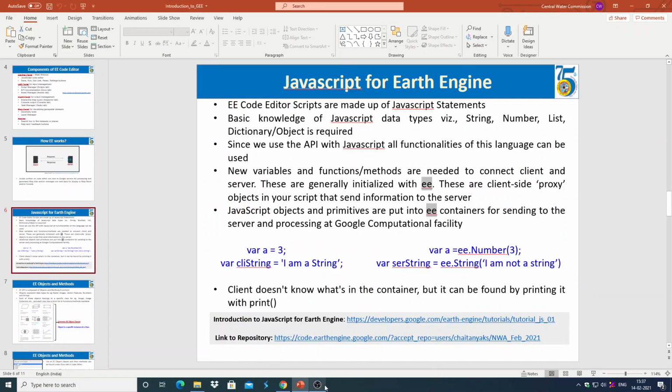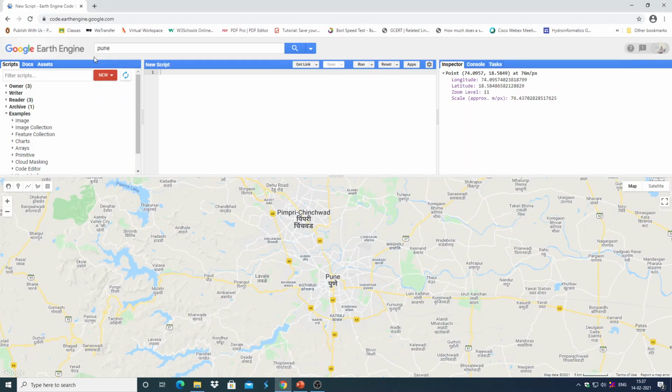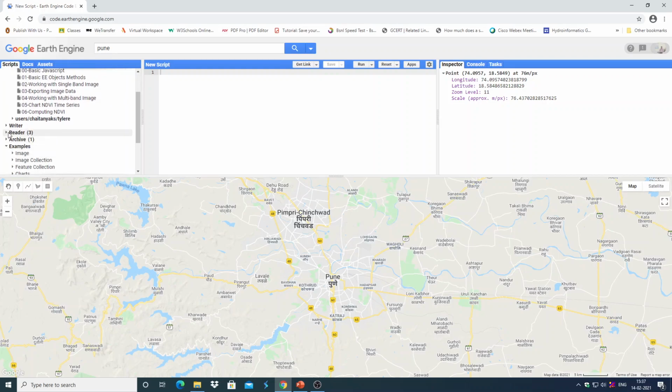So I'm directly going to code.earthengine.google.com again, and here in my case it will show in the owner folder, the same repository, whereas in your case you will see it in the reader folder.